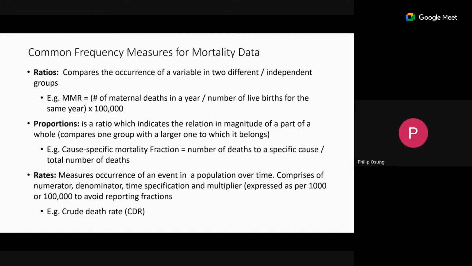So you would hear something like the mortality rate for Nigeria is 39 per 1,000 live births. In presenting rates that way, you are able to have a mental idea of what this would be, especially when it comes to numbers of people. So if we were to say the maternal mortality rate is